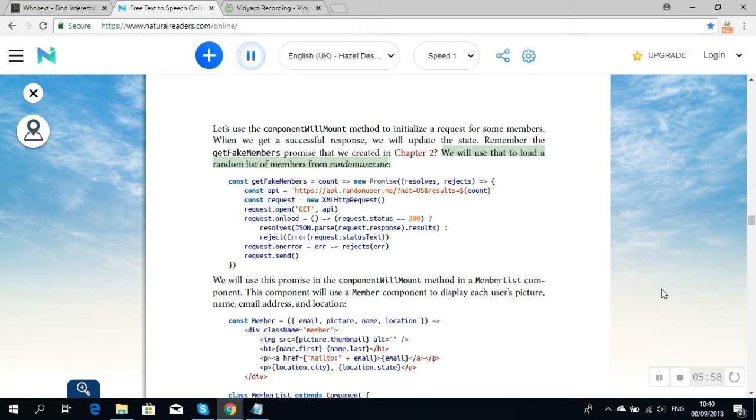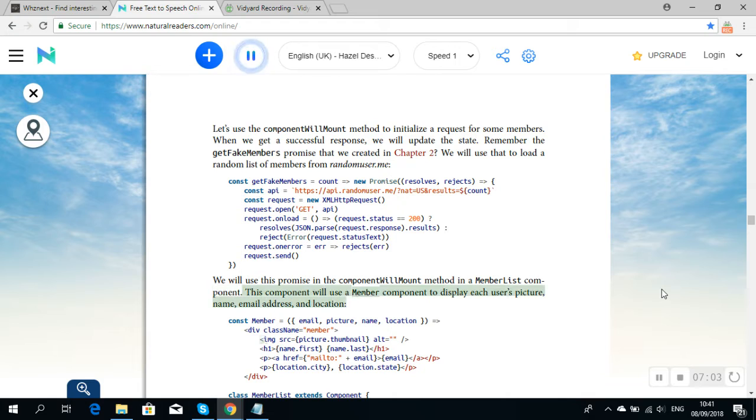We will use that to load a random list of members from randomuser.me. const getFakeMembers = count => new Promise((resolves, rejects) => { const api = `https://api.randomuser.me/?nat=us&results=${count}`; const request = new XMLHttpRequest(); request.open('GET', api); request.onload = () => (request.status == 200) ? resolves(JSON.parse(request.response).results) : reject(Error(request.statusText)); request.onerror = err => rejects(err); request.send(); });